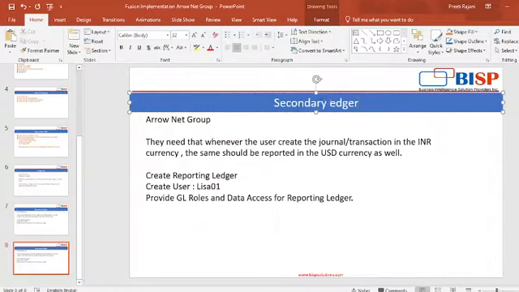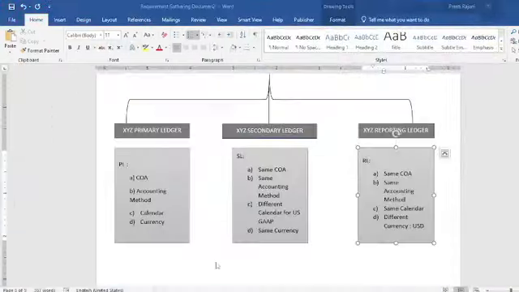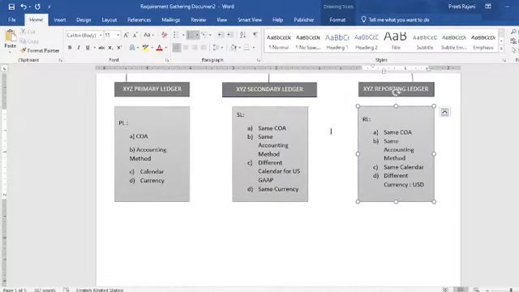Okay, so while we create a secondary ledger, we have legal registration or a legal entity in the US also. So whenever we need to report as per the US laws, there will be some differences compared to our Indian ledger reporting. For example, Aeronet Group wants to report at US level where the calendar will be different from its Indian primary ledger.